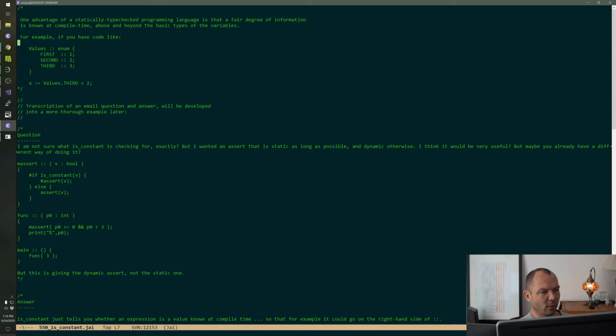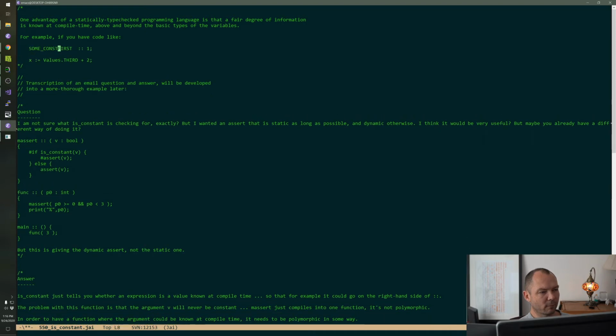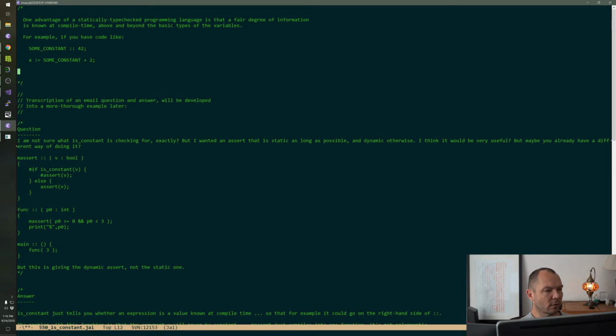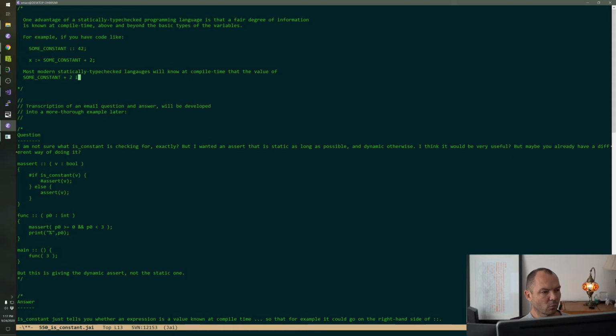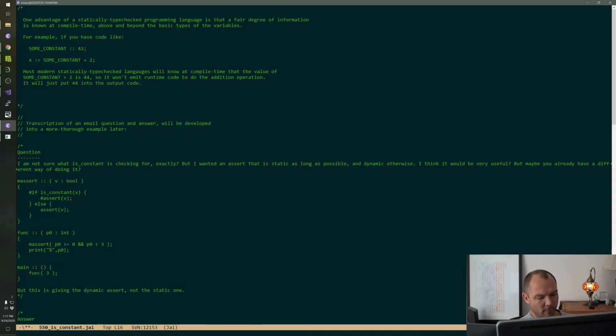Let's take the enum out. Let's just say... so it won't emit runtime code to do the addition operation, it will just put 44 into the output code. Okay?